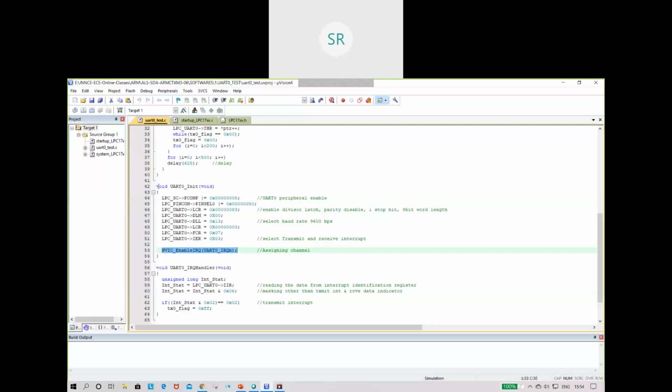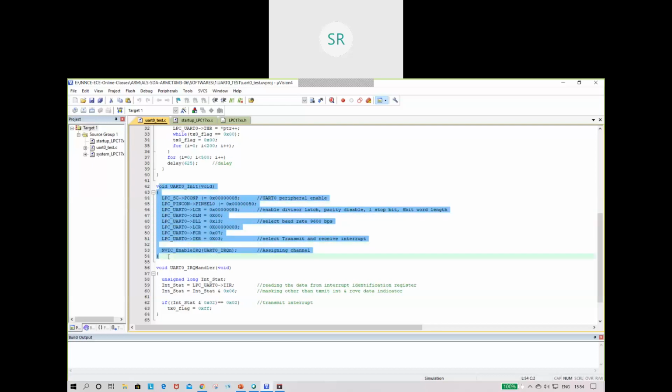This is how UART 0 can be initialized. These are all the lines used to initialize UART 0. If you do the initialization, UART 0 will be enabled and the interrupts will be enabled.